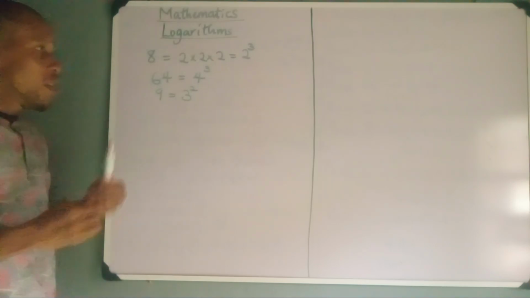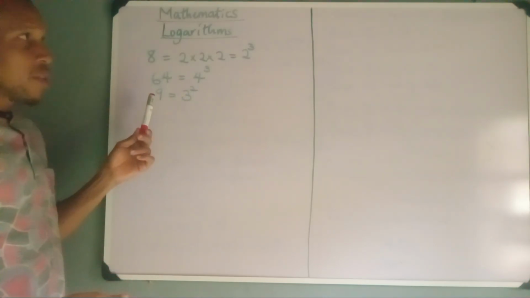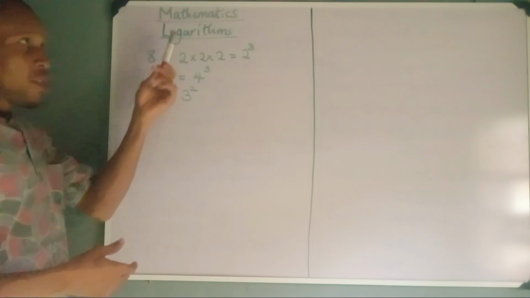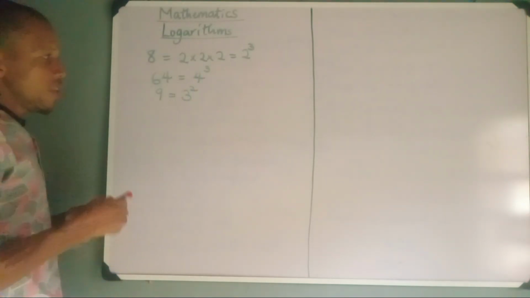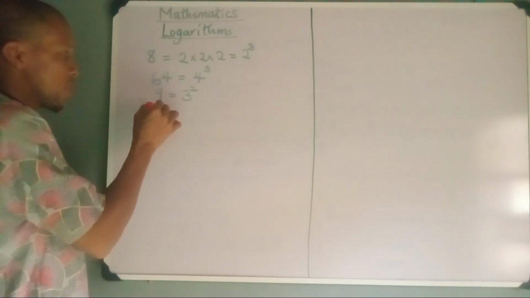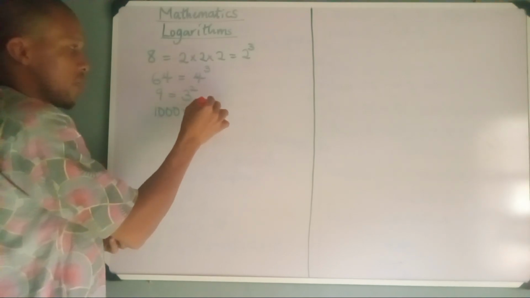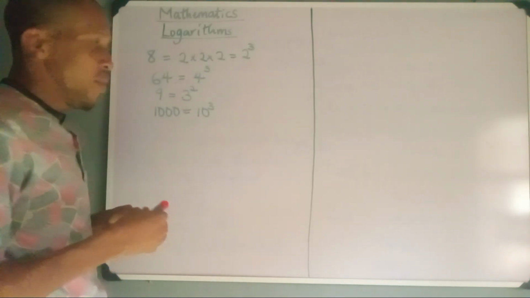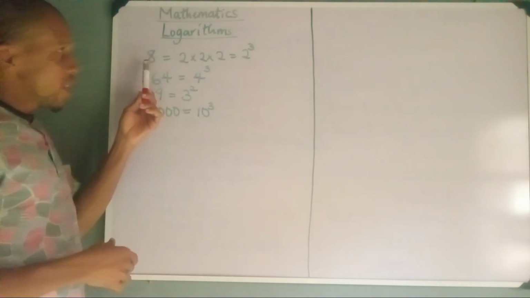Good. Now, these are numbers in index form. But indices or index form of number is closely related to what? Logarithm of numbers. Okay? We can even say 1000 is equal to 10 times 10 times 10, which is 10 raised power 3. Now, back to logarithm. If you look at 8,